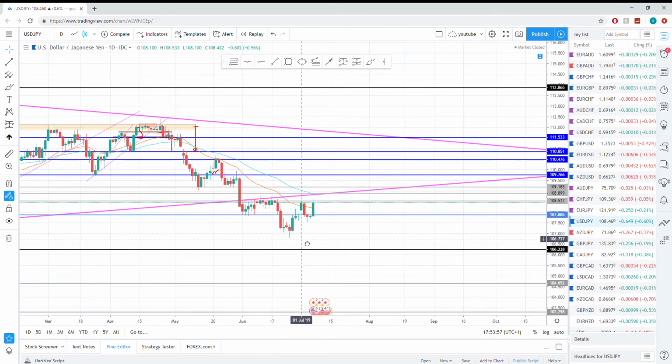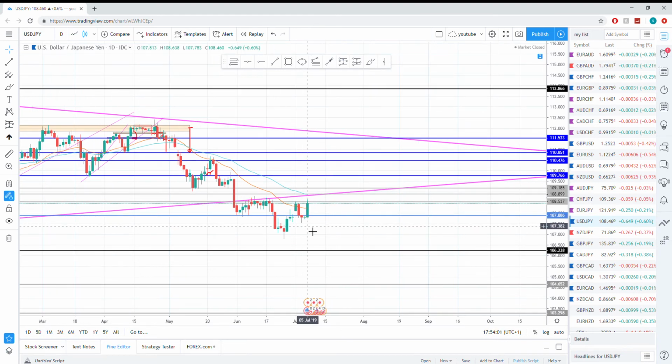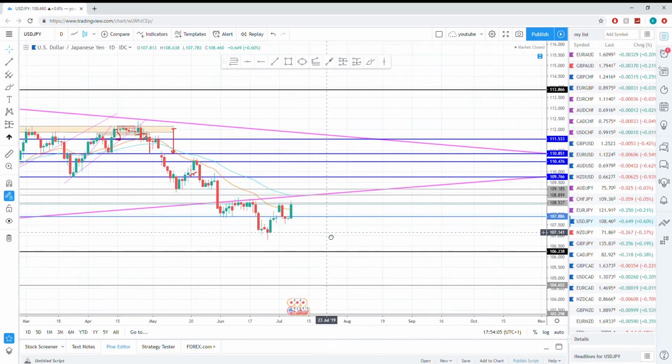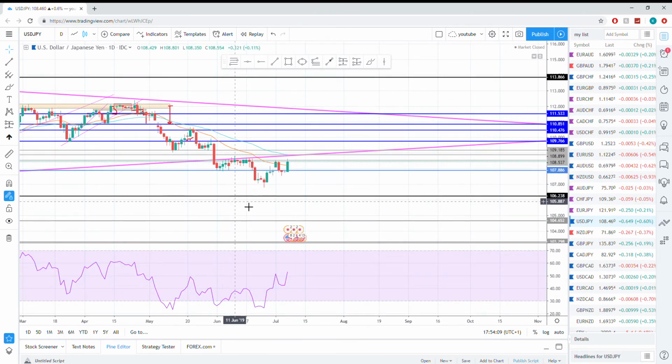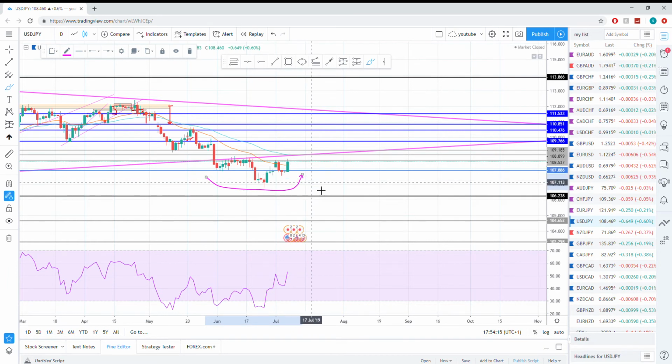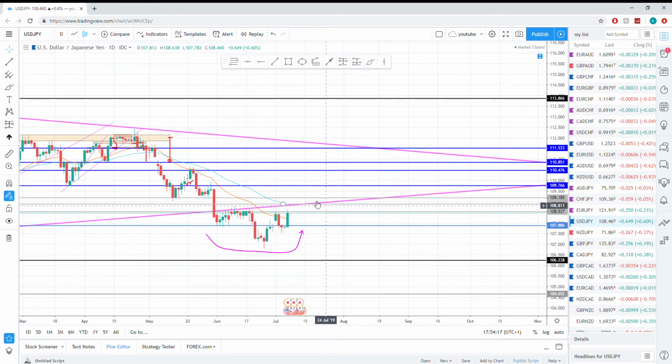Just looking at the daily, we can see that we were able to close above our key level, so it gives us an idea that we may see some sort of movement back upwards. As you can see, the change of momentum is slowly coming back up around, which is good to see, so we can anticipate part of a trade, but we're just going to have to see how it reacts at this level here.